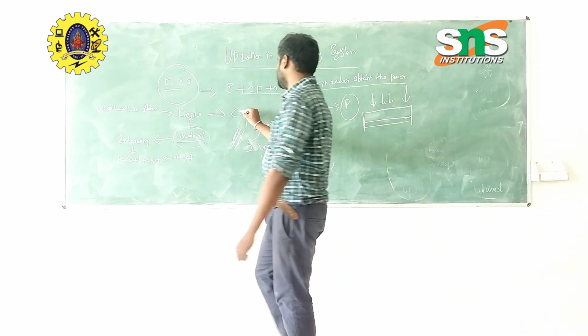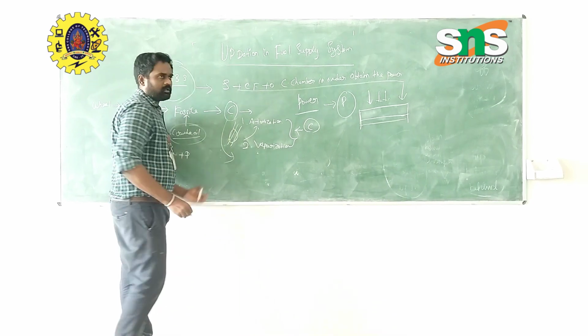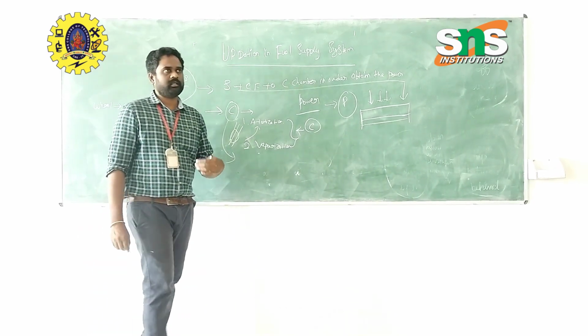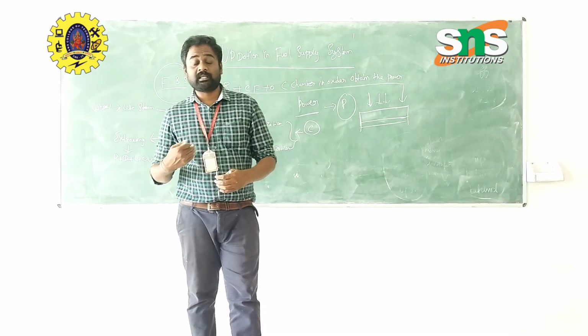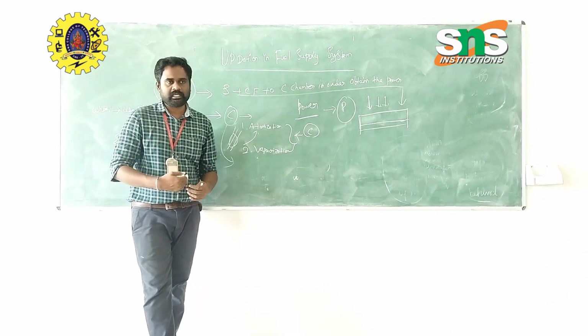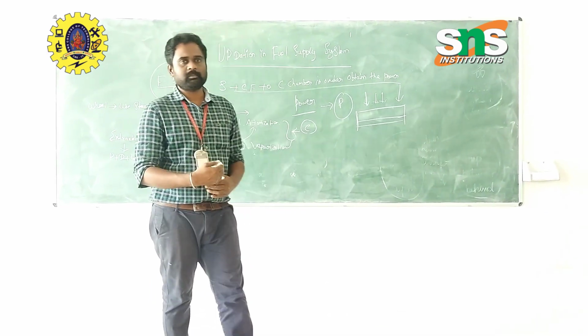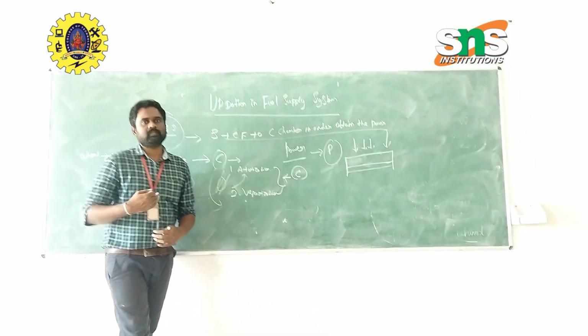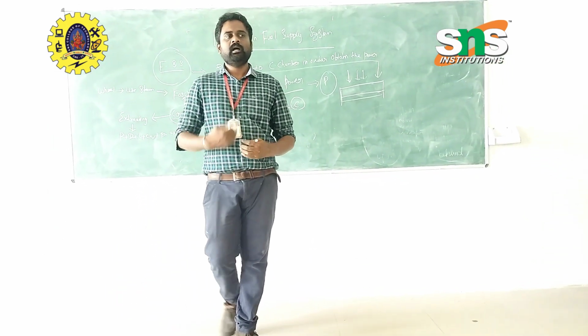After that, there are some drawbacks in the carburetor. That is, when the engine is running at the ideal speed or at the maximum speed, the carburetor is not able to supply the correct amount of fuel. That is, the engine may be running in a rich condition or in a lean condition. That is a rich mixture or lean mixture. So the mileage of the particular vehicle drops, and the performance levels also drop, and